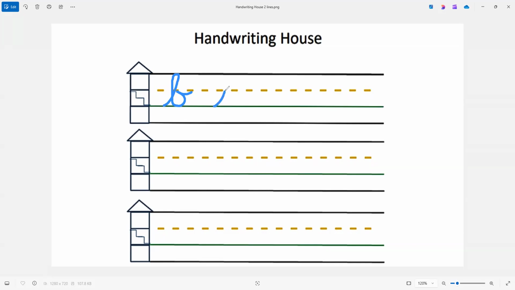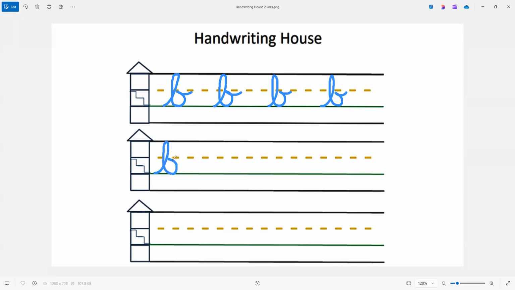So just loop up, back and around, touch and out. Again, up, loop back, curve around, touch, and then out. We're making those tails because remember, we're getting ready to put another letter beside this B. So we want to make sure that there's a little tail to be able to join the next letter to. All right, so here we go again. Up, loop back,